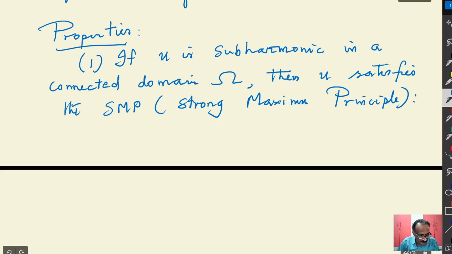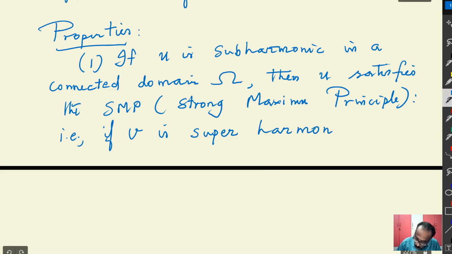That is, what does that mean? That is, if U or V, if V is super harmonic, everything we are defining that way. If U is super harmonic, so we have defined the definition for harmonic functions, but the maximum principle you will get for the super harmonic function satisfying U less than or equal to V on the boundary of omega, then